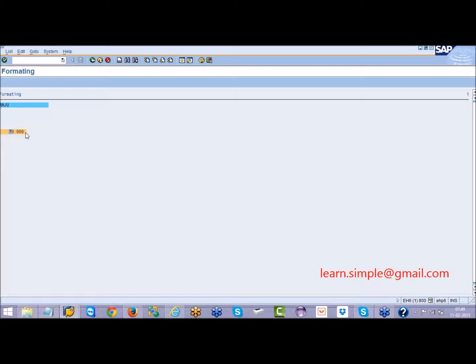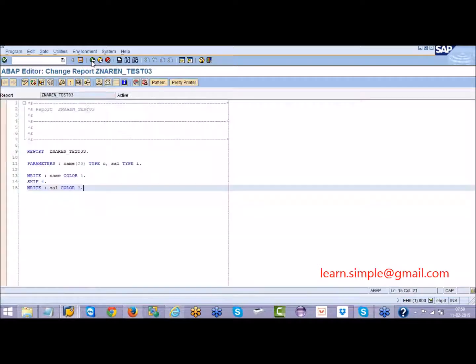But say for example tomorrow the customer asked you to display characters on the right hand side, or maybe a number on the left hand side. Usually it will not happen, but in case you got a situation like this, how can you do this? There are some keywords for this.